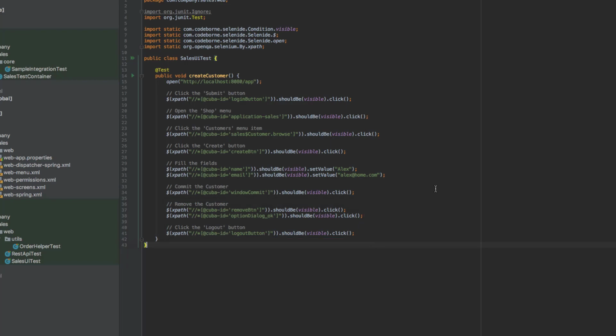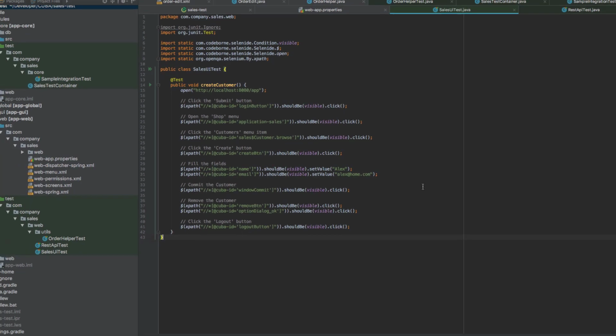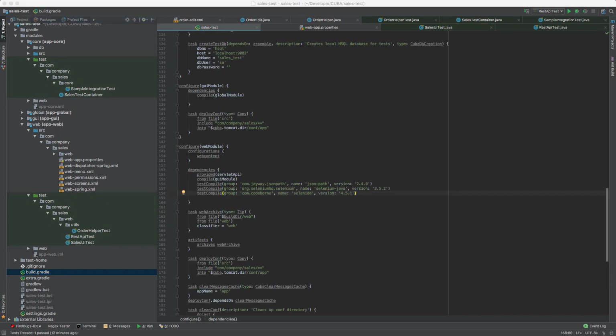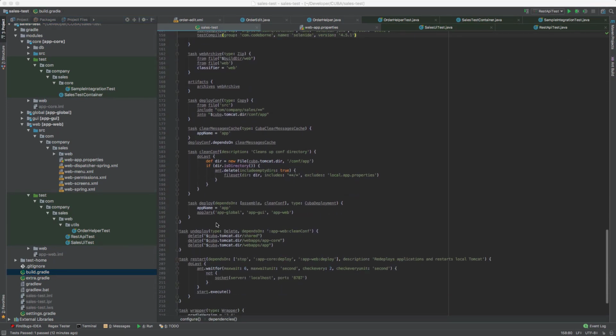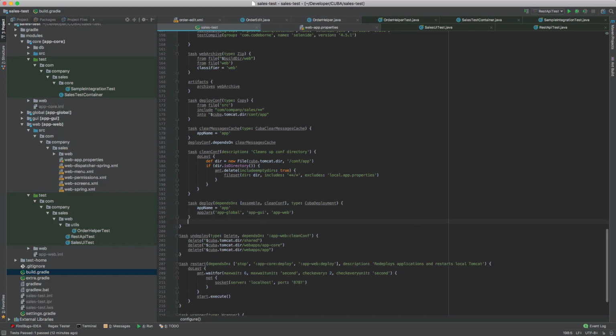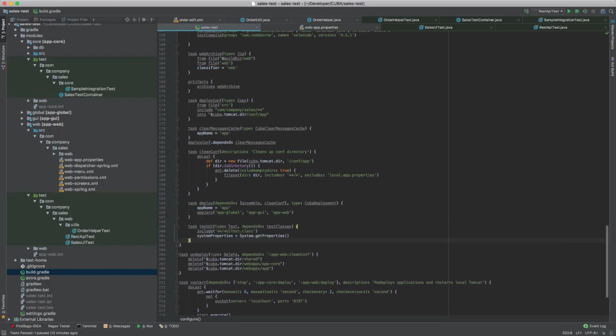We will run our tests using a separate Gradle task. So open build.gradle. Within configuration of web module, add the following. By executing this task, we will only run files ending with UITest.class. Also, we need to download a special driver for the browser that will be used for testing. In my case, it is Google Chrome driver, which I have already downloaded.